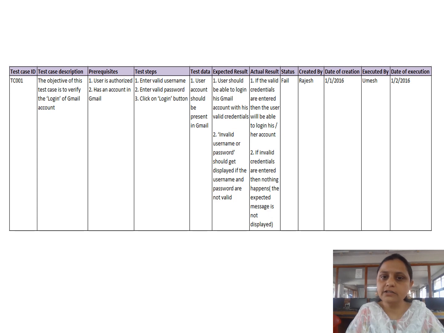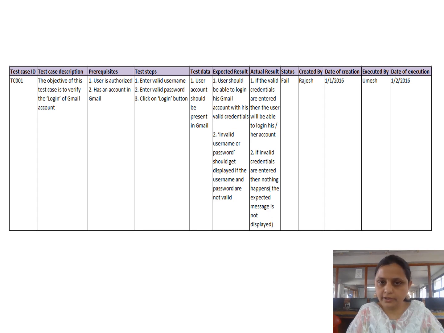And what is the expected result? The user should be able to log in to his Gmail account with these valid credentials. And the second expected result is: an invalid username or password message should get displayed if the username and password are not valid.